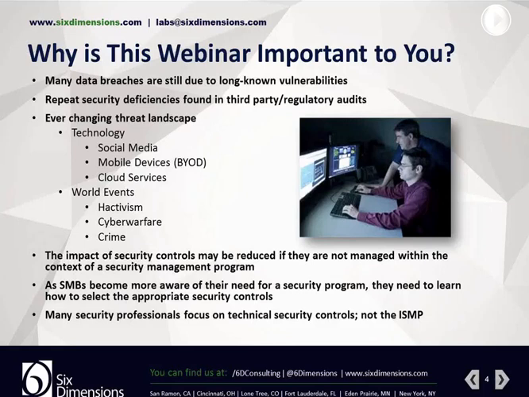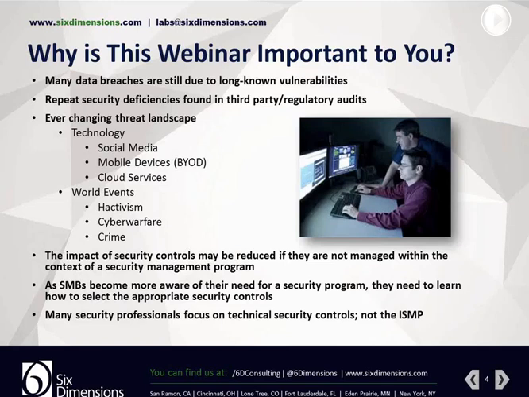Security controls that are placed and are not done in the context of a full-blown security management program can also lose their potency. They may not be as effective or as efficient as you would like them to be. So you want to make sure that you build things around those security controls that will keep them running at maximum capability.